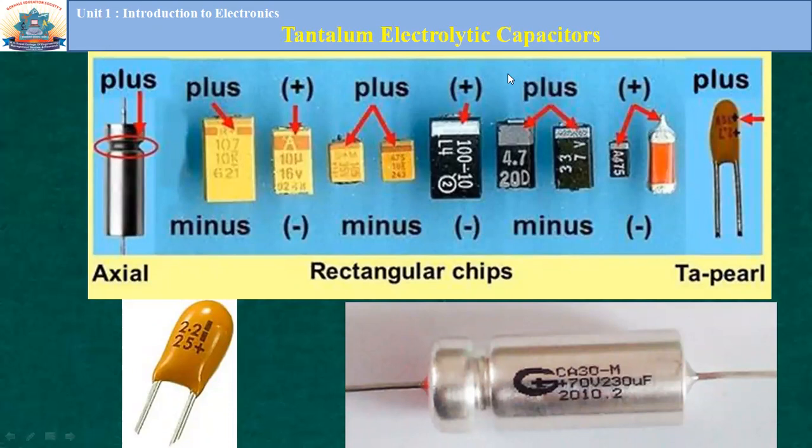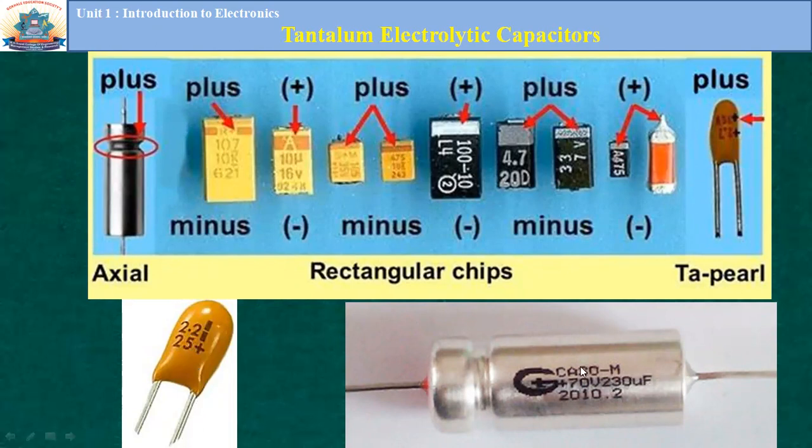Tantalum electrolytic capacitors. These are various capacitors available in the market. Commonly used are the structured and the axial type. In this bulb, a tantalum mixture is bound, and on top of it a complete ceramic or insulating material is covered. So this is a tantalum capacitor. It also shows the positive marking. It is a polarized capacitor.